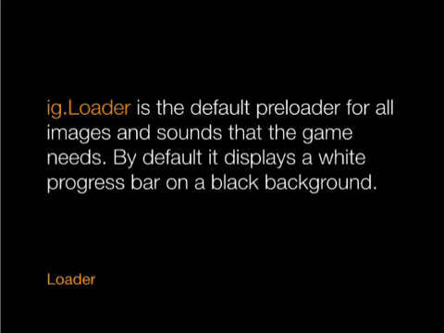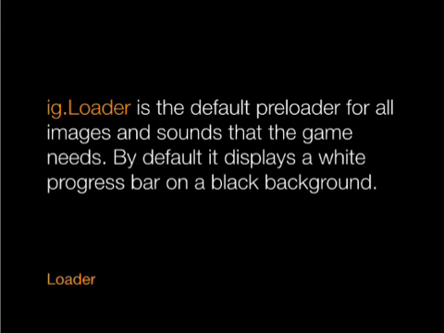There's a loader class built into the game. One of the cool things about Impact is that it won't run your game until everything is actually loaded up. So if you think back to the requires block that I was talking about, Impact goes through and pre-processes all of the game files. And because of that, it's able to determine the load order for everything that needs to be in the game. And it also looks and parses out images as well and sounds. So it'll go through, load everything. It shows you a loading bar, and then once the whole game and all the assets are loaded, everything is ready to go. It enters into the main game that you define.